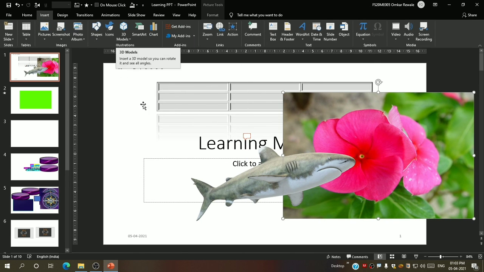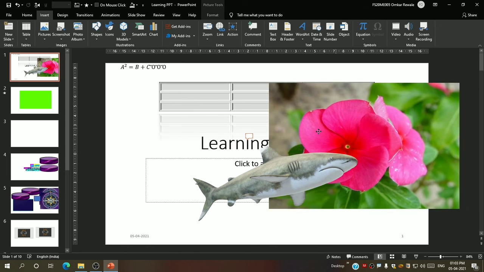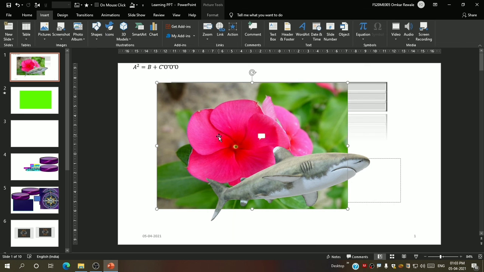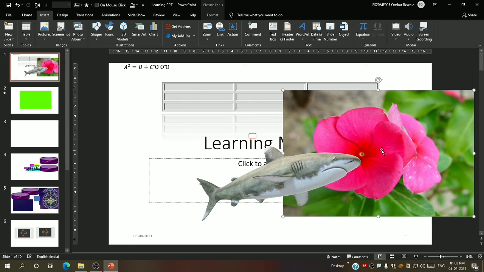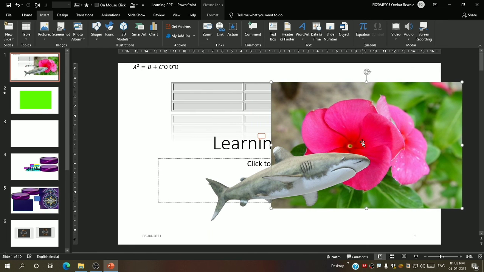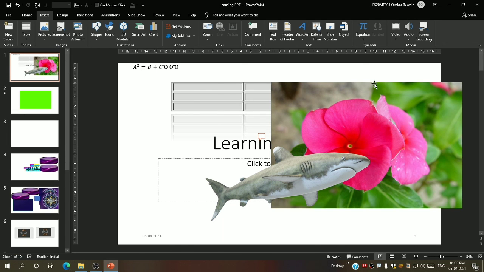So assignment, what is your assignment? Today's assignment is to include any flower or any other thing, like animals. If you want to include animals, then include 4 to 5 different animals' pictures or photos from your online source, or if you have them on your desktop, you can include them from here, or your own photos. You can add any photos.